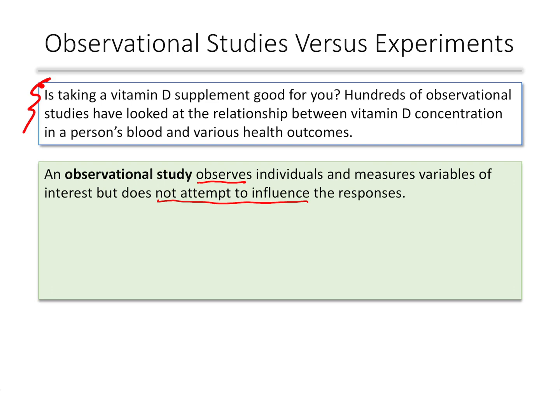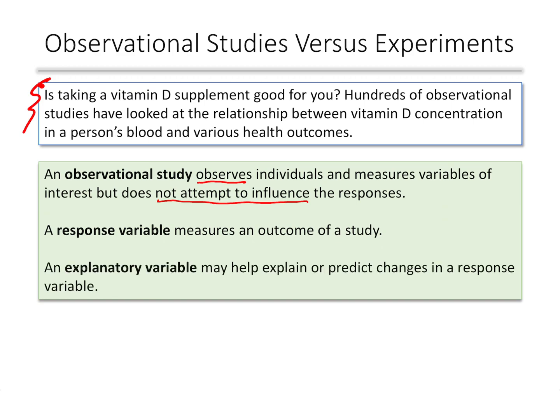So when we have an observational study, we still have a thing called a response variable, similar to what we had in chapter 3. Our response variable is going to measure the outcome of a study. What is it that we're looking for? An explanatory variable then would be,